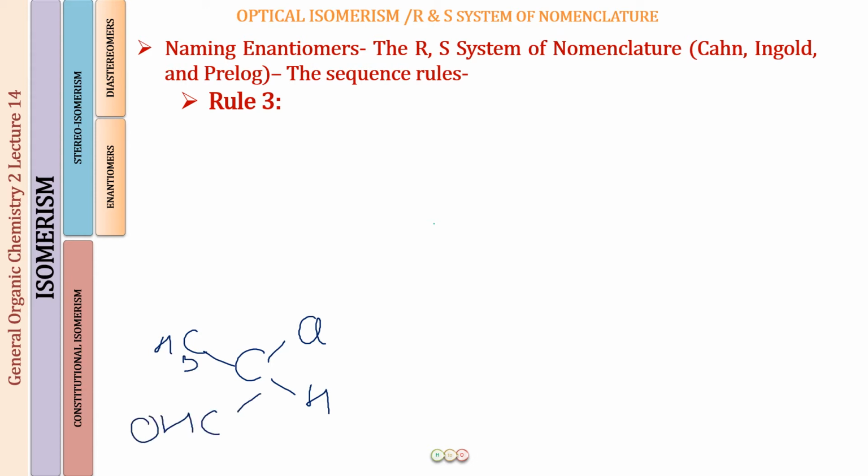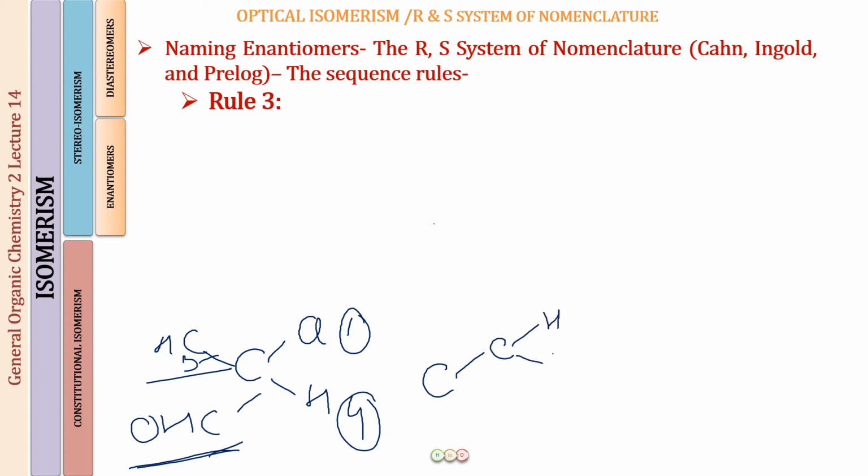All right. So now rule number 1 said that priority order is according to the atomic number. So this is going to be 1, this is going to be 4. Again, there's going to be a confusion at position number 2 and 3 because the next atoms attached to the asymmetric carbon, they are both carbon atoms, carbon of the CH3 group and the carbon of the aldehyde group. Now we move on to rule number 2, and rule number 2 said look at the next set of atoms. So we start looking at the next set of atoms.